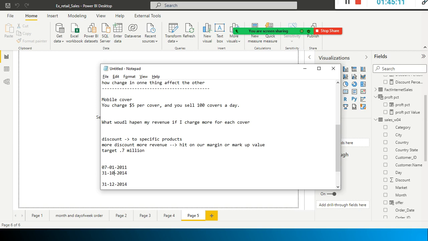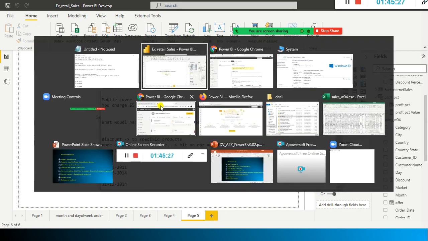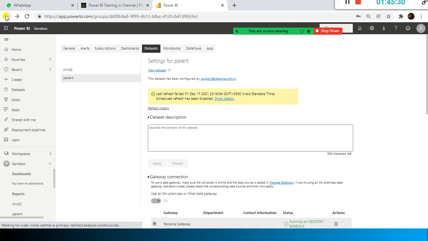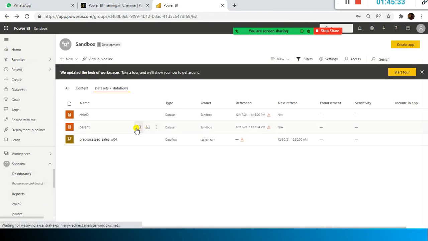After that, whatever data is there, you need to see after that, right? 11 and 12 month. 11 month we don't have the data. From 1st December to 31st December, whatever data was in my file, it has to incrementally push instead of reloading the entire data again. For example, if I click here, it's a refresh. This file you uploaded already is on cloud, and when you refresh it, let's say if this file has 25 million records, it will refresh the entire 25 million records. It will reload the entire file.